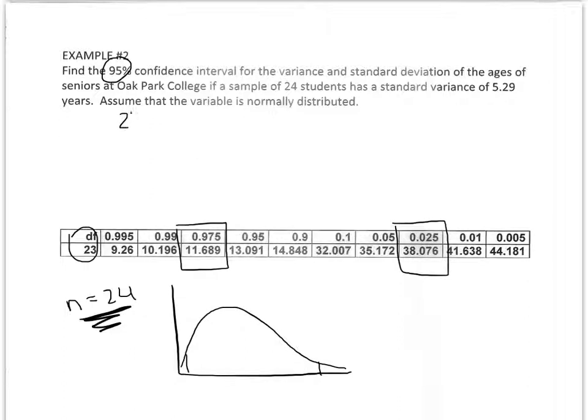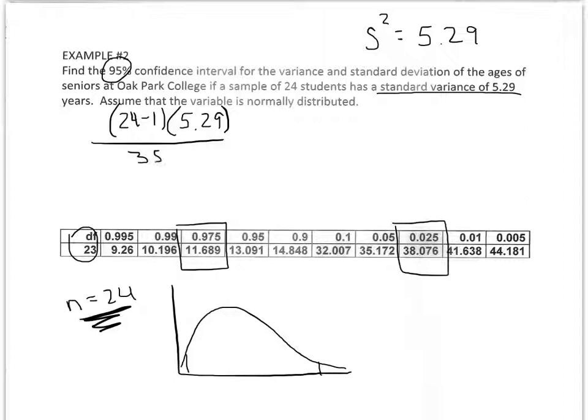So I go through, I plug everything in. In this case, they're giving me a variance. That's s squared of 5.29. Since it's already squared, I don't have to square it. It's already variance. So I'm going to use the 5.29. Don't square that number. 38.076, which is this number here. Same setup on top. 11.689,